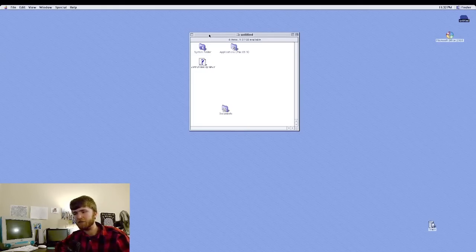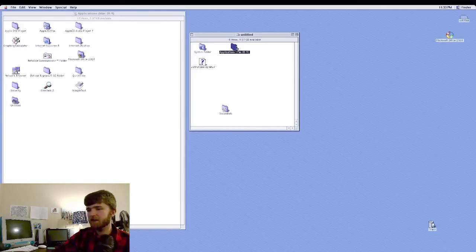I would love to see a modern implementation of a system that ran on the same principles as classic macOS. Not because I think it's the right way to run a reliable system, because it's not. This thing crashes all the time, but rather because there are some unique speed benefits to running this way, as well as a unique paradigm shift in the way you tend to use your computer. Now let's take a look at what I mean by